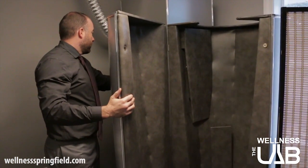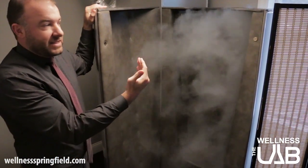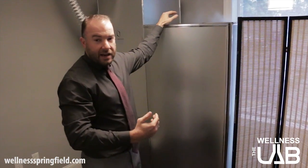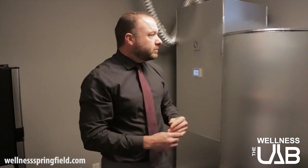I'm going to run it real quick just so you can see it come out, and you can see how that gas gets blasted into the cryosauna. When we close that, it keeps it inside. Your body's all inside, and what it does is it exposes your skin to extreme cold. Now this lasts for about 2.5 to 3 minutes, gets down to about negative 150 degrees Fahrenheit, and what that